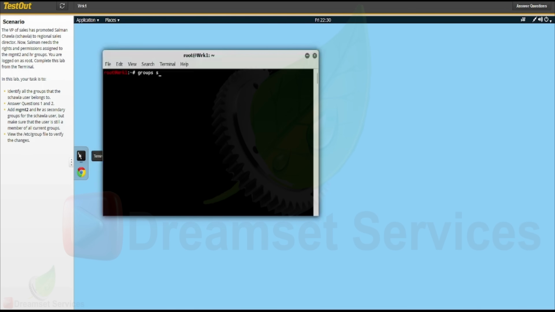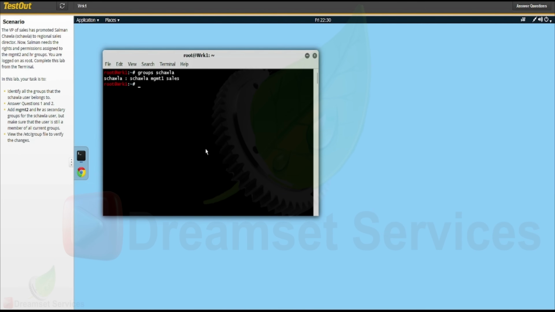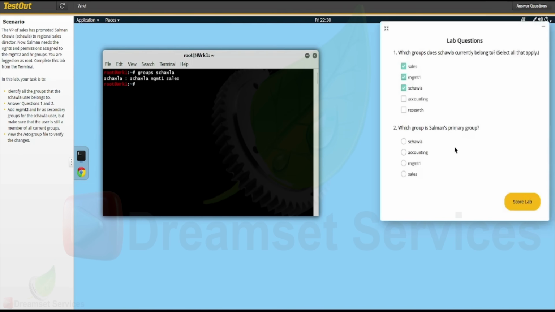Alright, so we'll go ahead and open terminal and type in groups space Chola and we answer the question that follows. Let's see, and this is going to be management sales Chola. I guess which group is Salman's primary group. That is going to be Chola,